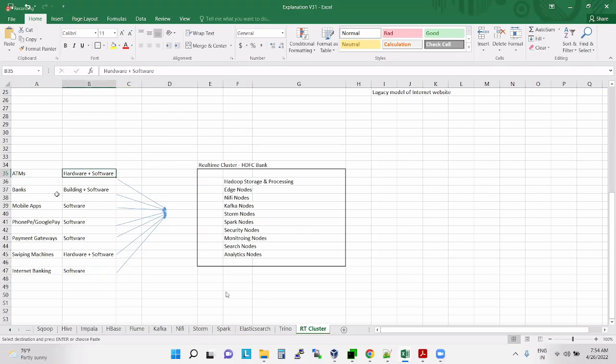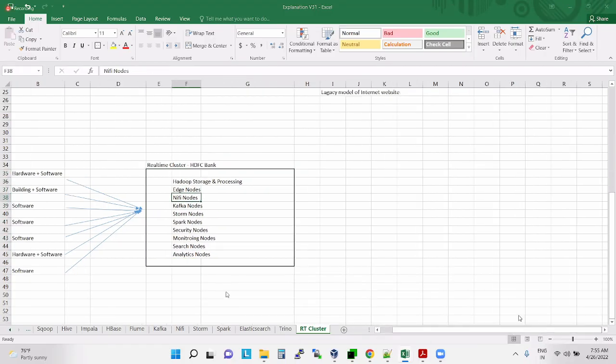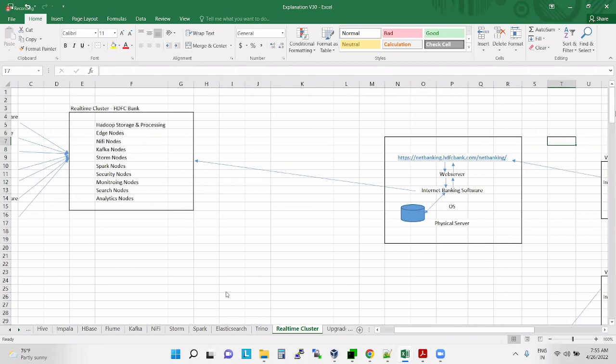So ATMs, hardware, software, banks, mobile applications: these are the different applications connecting to banking clusters. This is the real-time cluster of HDFC Bank, so it contains all these things. Now suppose